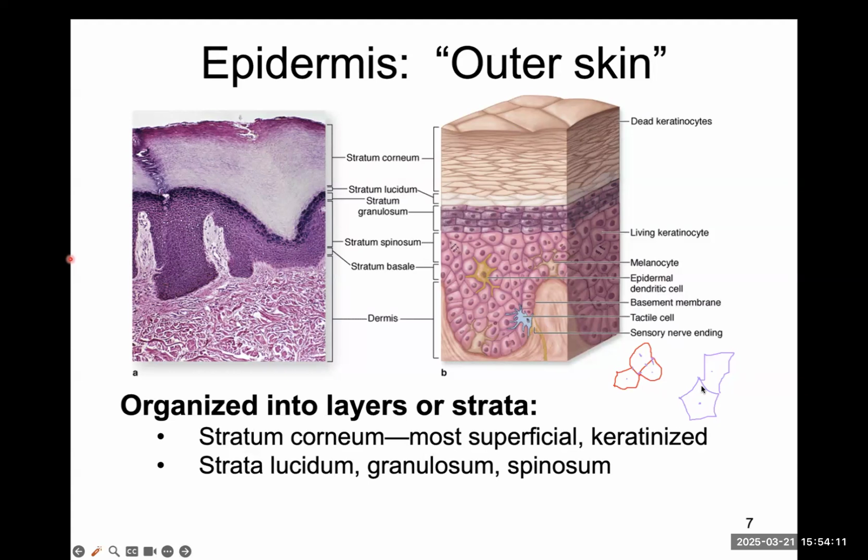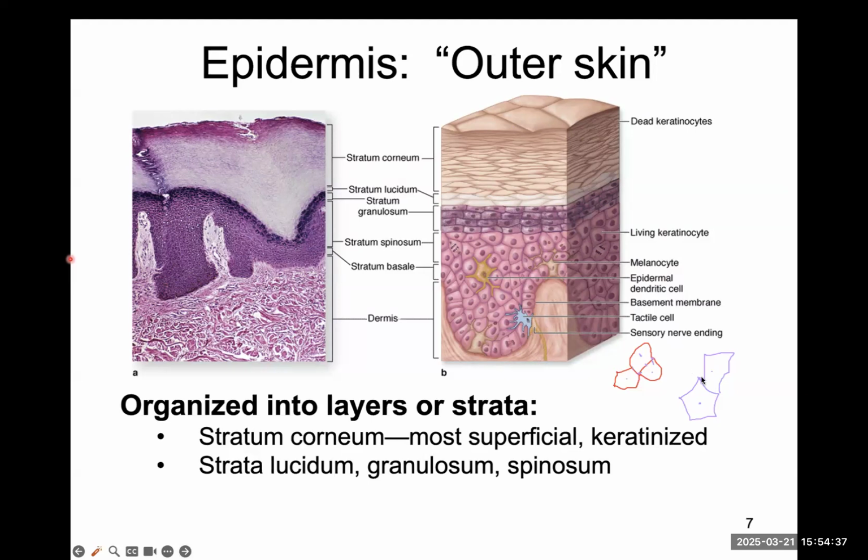So we have lots of cells, and they seem like they're stapled together, so it'd be connected like that, like right here. So when you go from stratum spinosum and then you move up to stratum corneum, the liquid starts to get sucked out. And when you have this attachment point, like this one here,